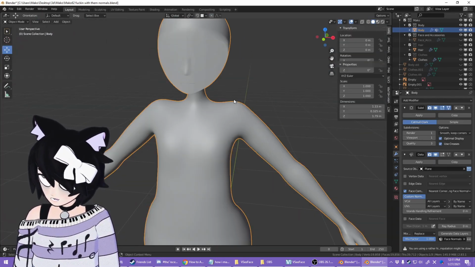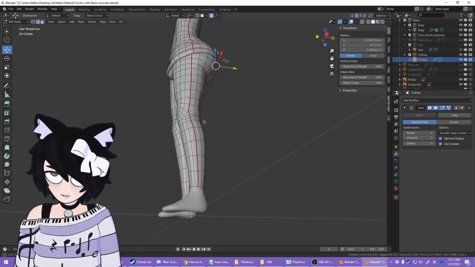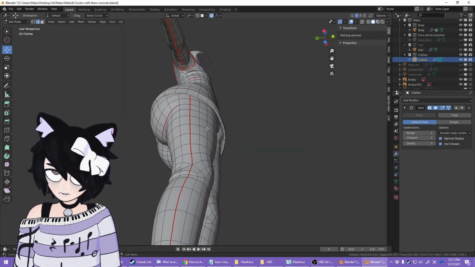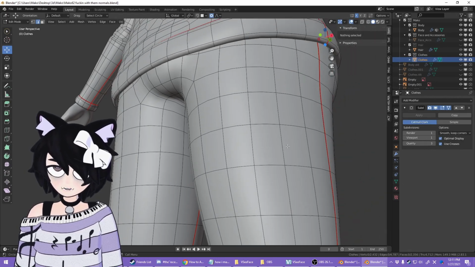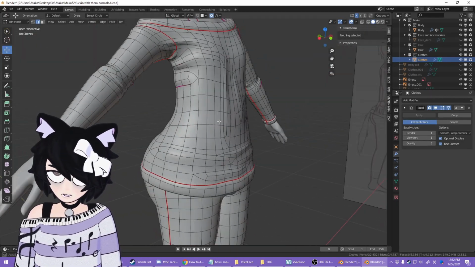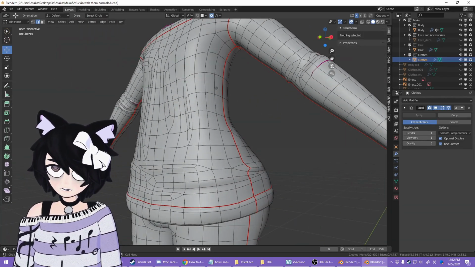And I did, I believe, the exact same pattern for the clothes. More or less. The pants, instead of having a cylindrical thing, I separated them into front and back. Don't entirely remember why, but it works. And then the torso, I actually did the opposite. I had this be a cylindrical unwrap with only one seam right here.